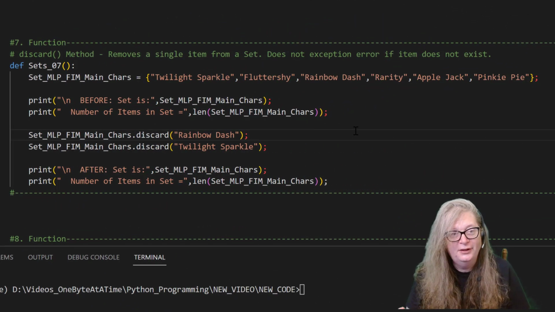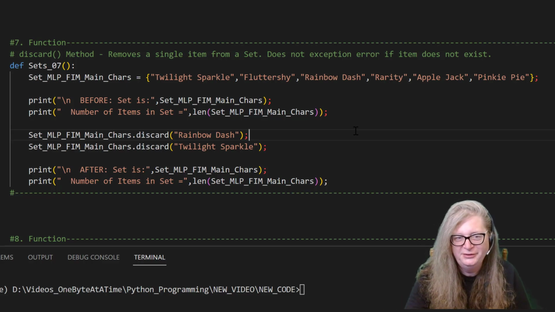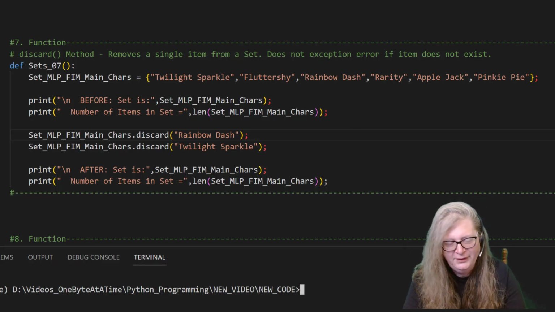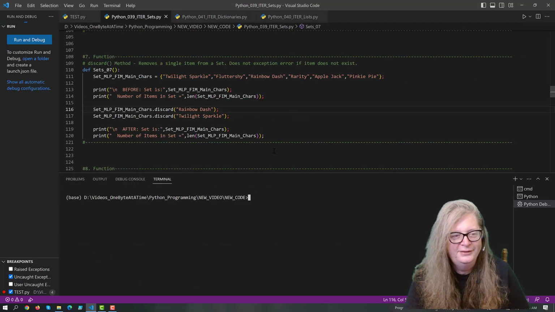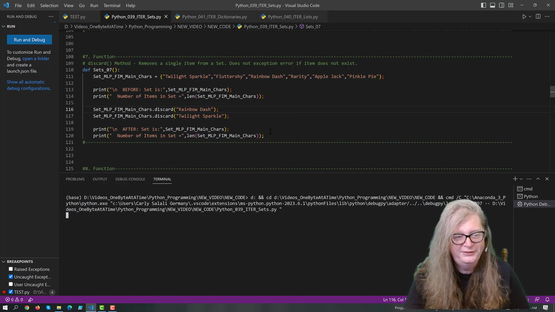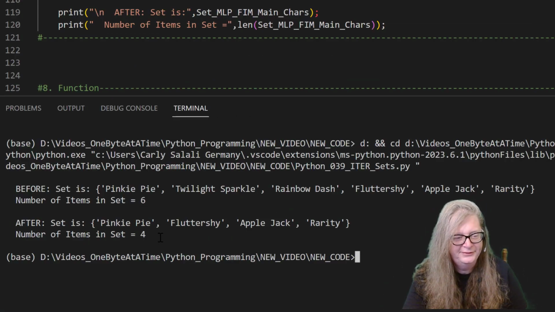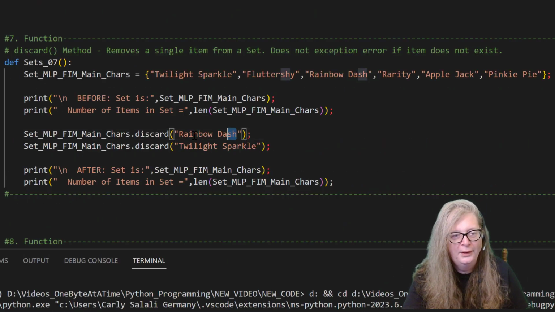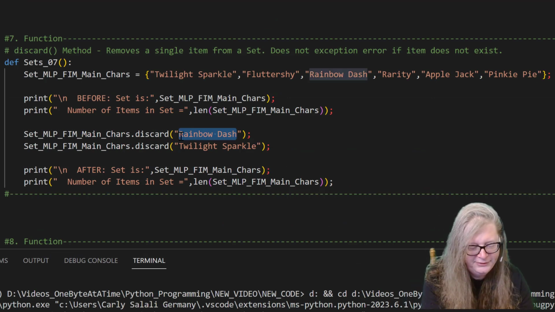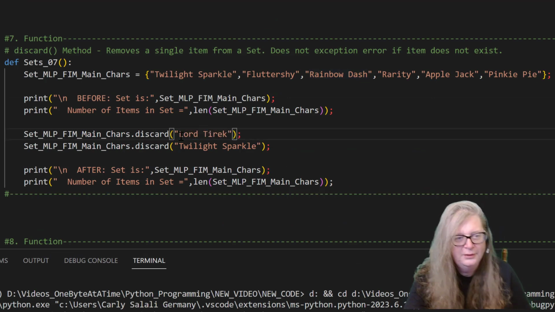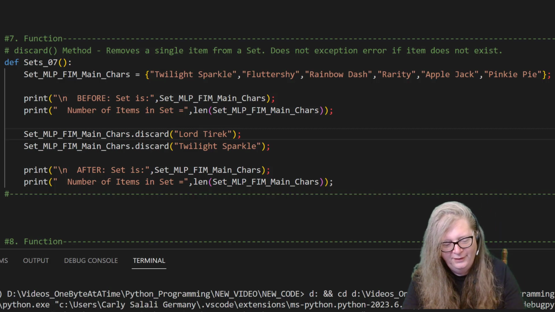Let's look at the discard method, and this removes a single item from a set. But there's no exception if the item doesn't exist. Again, I'm going to run the code. We'll do the same thing as the previous example, right? We start out with 6, we remove, and we have 4 left. So here's 6, here's 4. But what if the item doesn't exist? You know, Lord Tyrek is not in the set. If I hit F5,